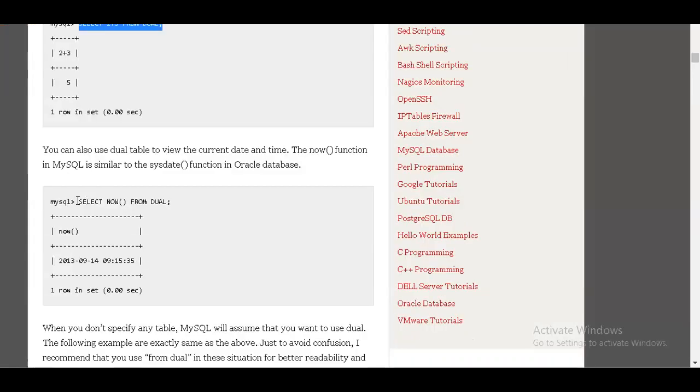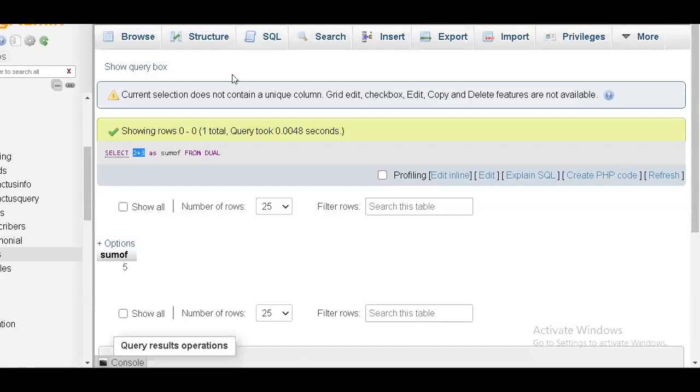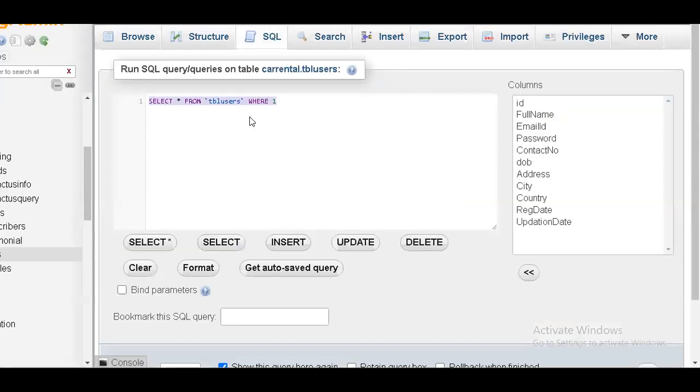Then I want to know the current date and time. For that I use a ready-made function; once we reach the topic of functions, I'll explain. Right now I want to know the current date and time, so I'll use this one.